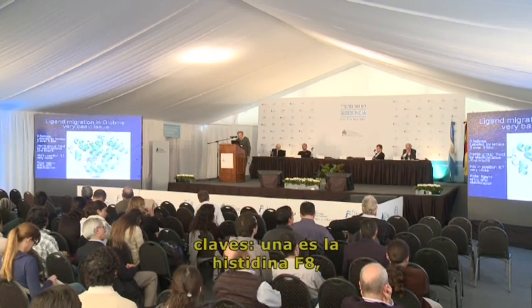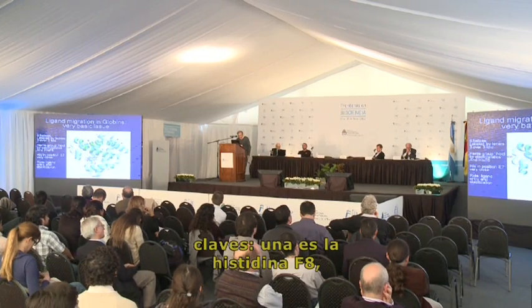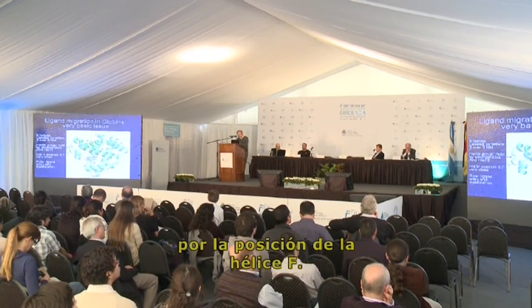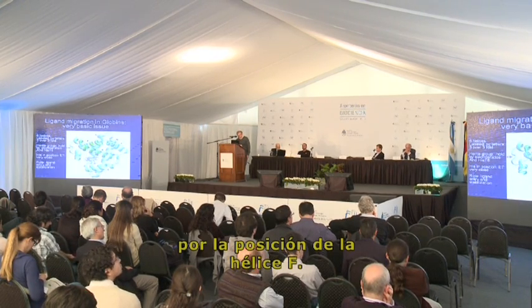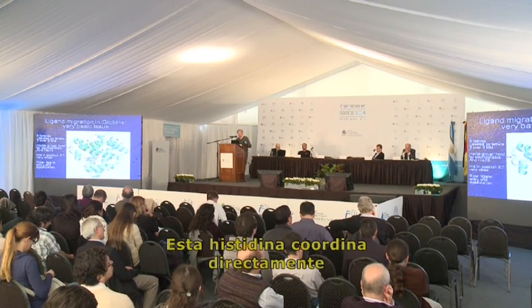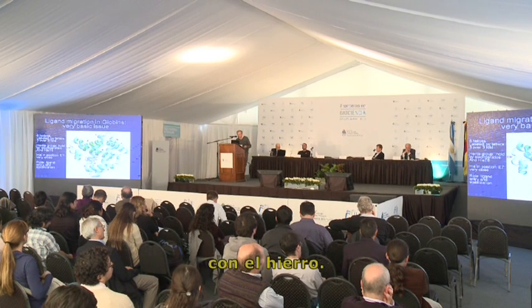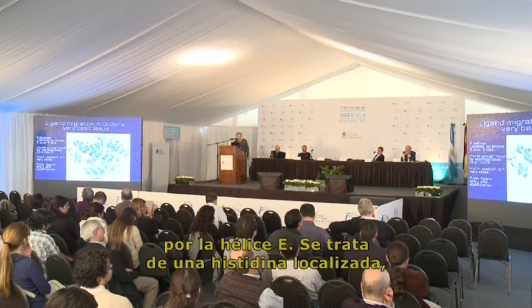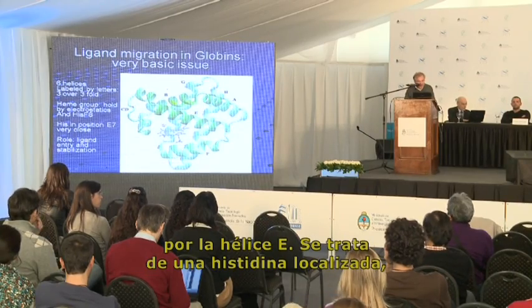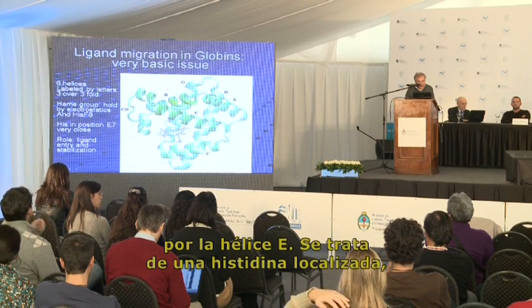One histidine is called histidine F8, by its position in the F helix, and this histidine is directly coordinated to the iron. The other histidine is held in place by helix E,